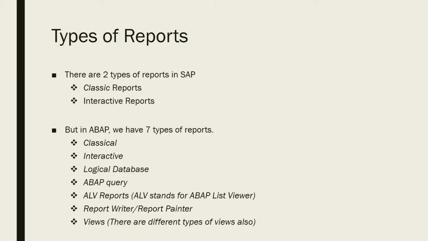And the last one is views. A view is created by combining data from one or more tables containing information about an application object. Using views, we can represent a subset of the data contained in the table, or we can join multiple tables into a single virtual table. A view doesn't contain or store any data.